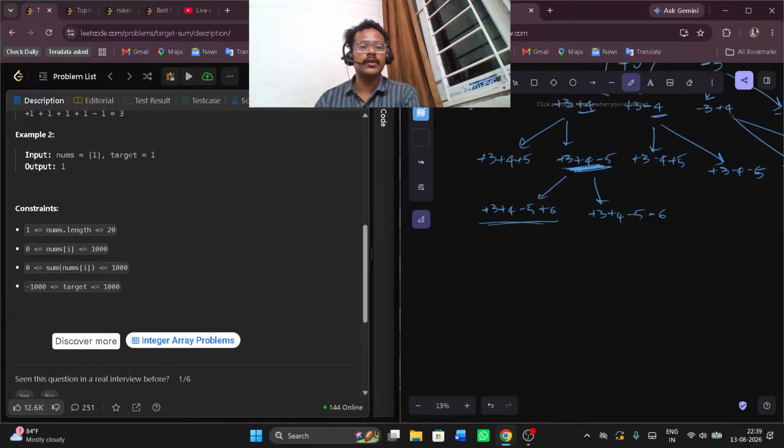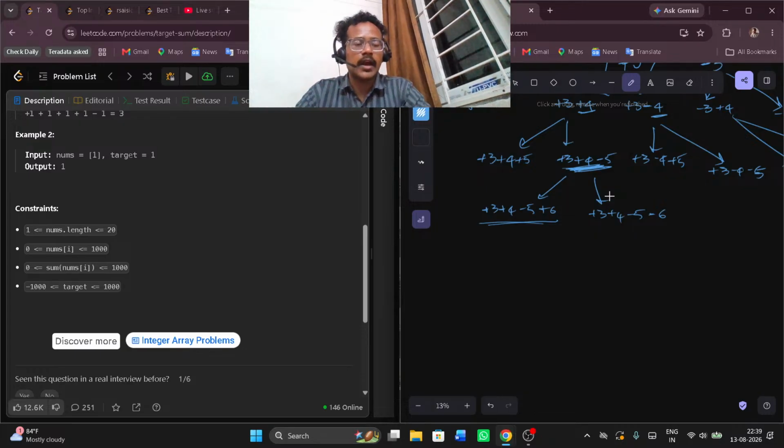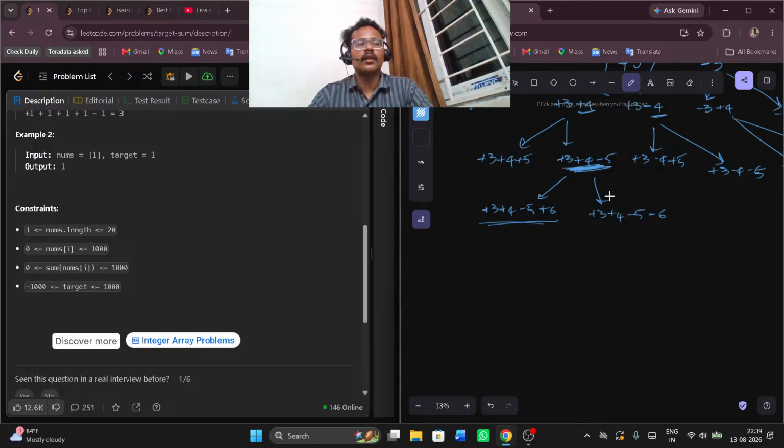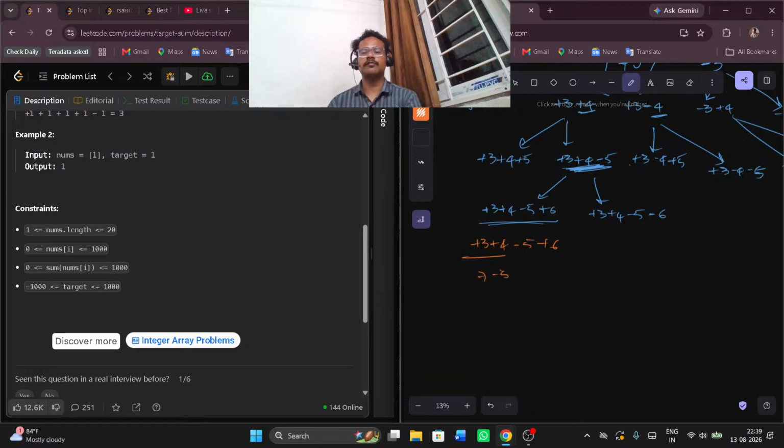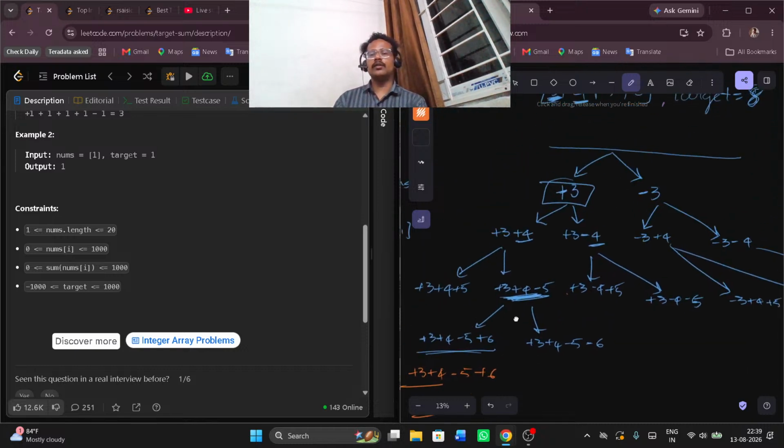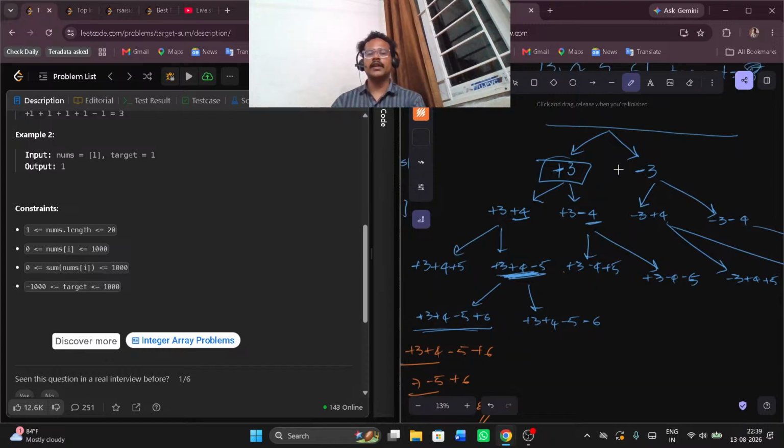So if I just evaluate this, let me tell you, nums of I is till 1000, and sum of nums of I would not exceed 1000, right? So here I would just evaluate the expression. Plus 3 plus 4 minus 5 plus 6, 3 plus 4 7 minus 5 plus 6, 7 minus 5 2 plus 6 is equal to 8, right? So one thing is,